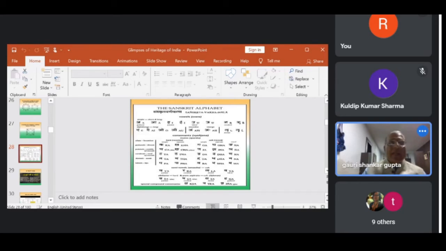Not only that, even the vowels have similar pronunciation. A, E have one particular place where the tongue and the mouth meet. Then U is another one. Then Ri is the next one. I is further down. O is further down. So this is how deeply and scientifically designed it is, more than we can even imagine.